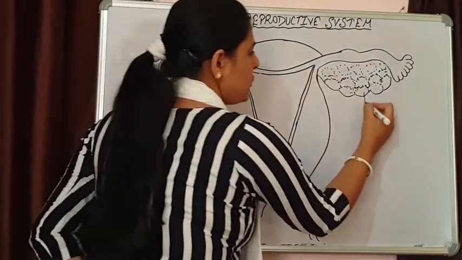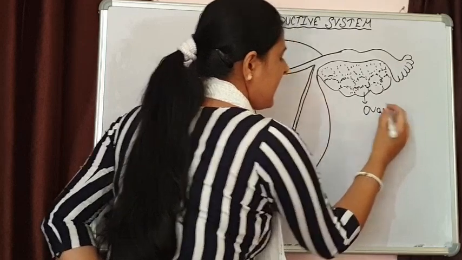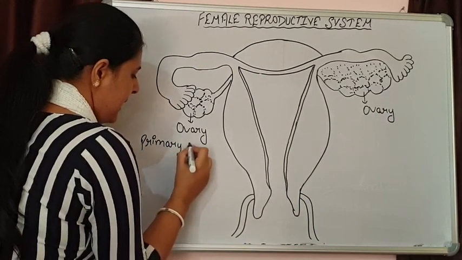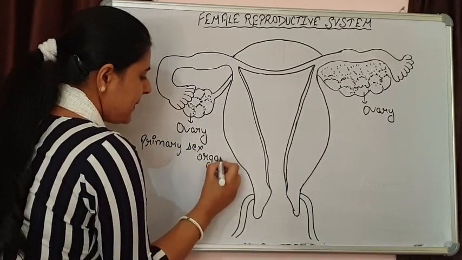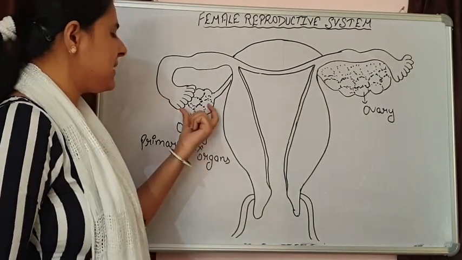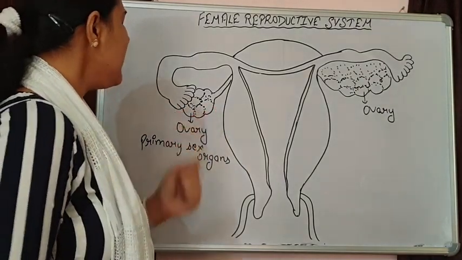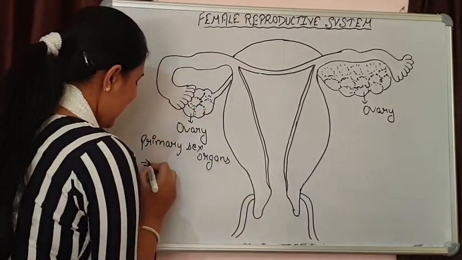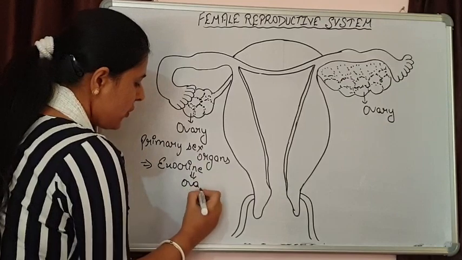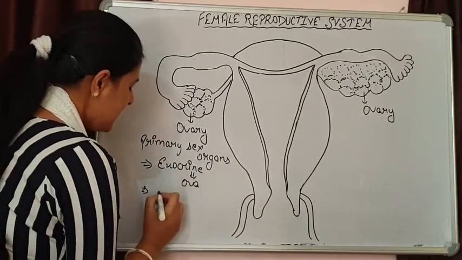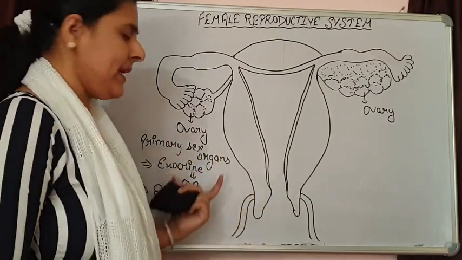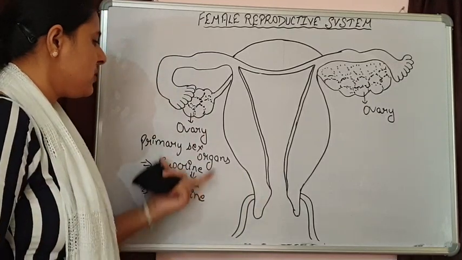As you can see, basically two ovaries are present, and these ovaries are the primary sex organs of the female reproductive system. If we discuss the shape and size of these ovaries, they are almond shaped. Size is also that of an almond, and they function as both an exocrine and an endocrine system. As an exocrine system they release ova, or you can say ovum is released, and as an endocrine system they release two female hormones, estrogen and progesterone. So this is the function of the ovary.